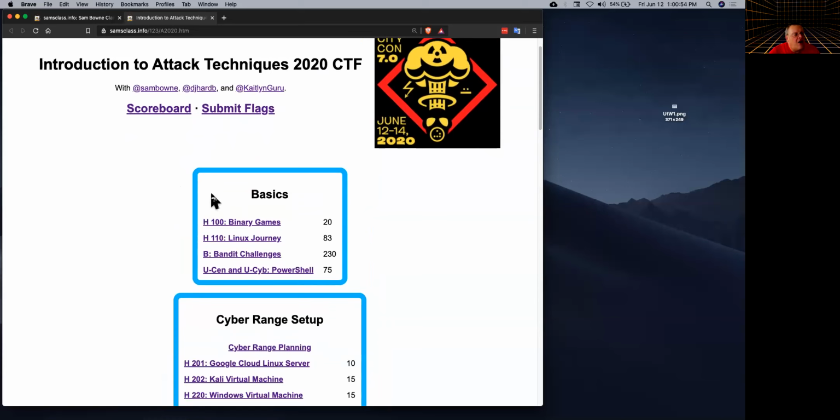So, in a general overview, first I've got real basics. If you don't know binary, you can learn it here. If you don't know command line Linux, bash, there's a bunch of challenges here where you can learn basic stuff like how to change directories and print out files. These are the famous Bandit challenges where you learn how to use a series of commands to find obscured files